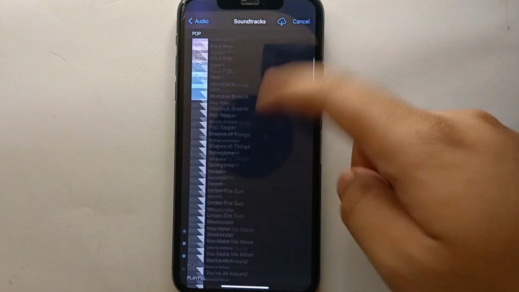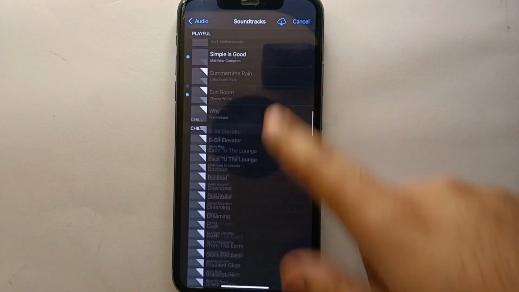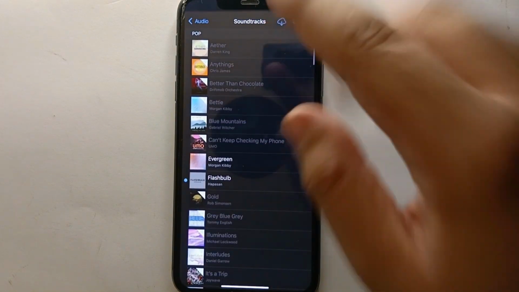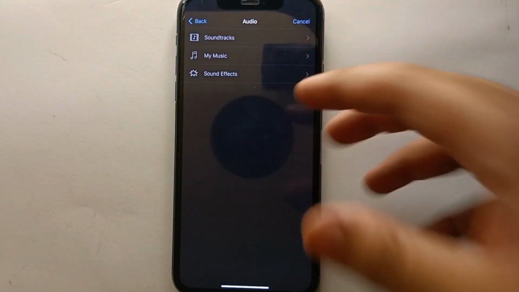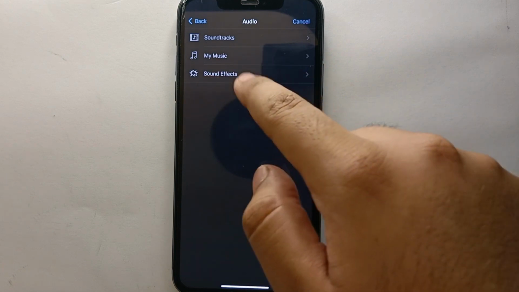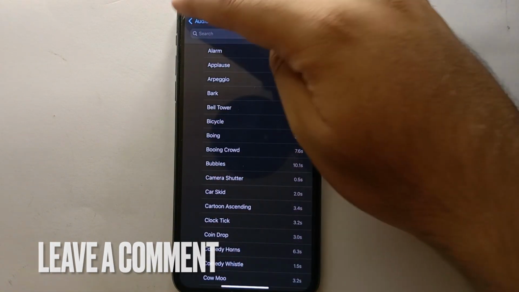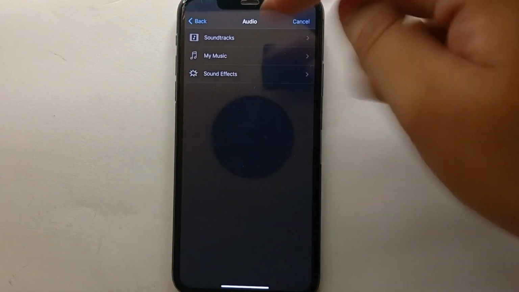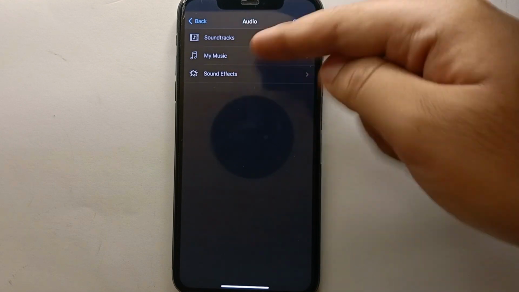Here you can see we have multiple options of the music available. You can choose any one of these. You just have to simply download it and then you can add those musics or sounds on your video. And if you select my sounds, then the music or sounds that are installed in your mobile phone, you can use them. And with the help of the last option, you can add any kind of sound effects on your videos